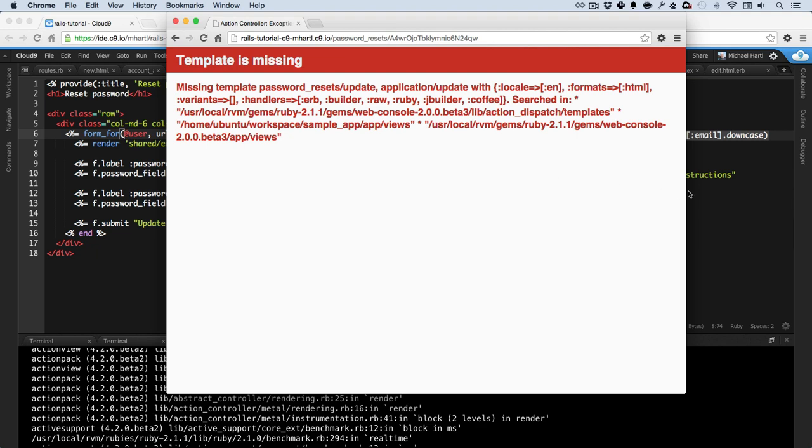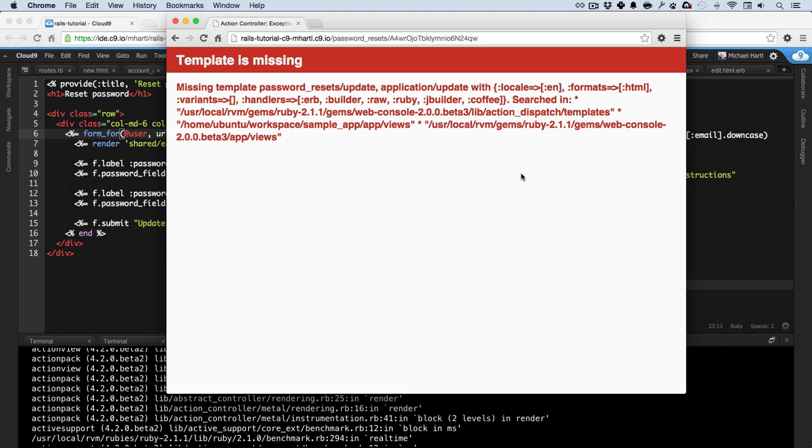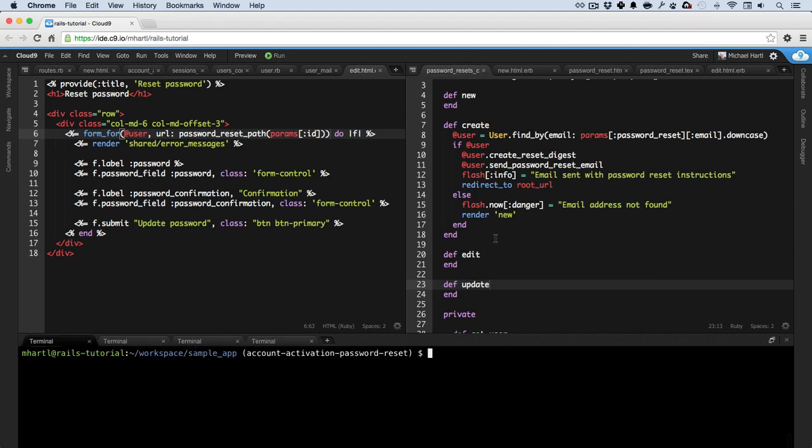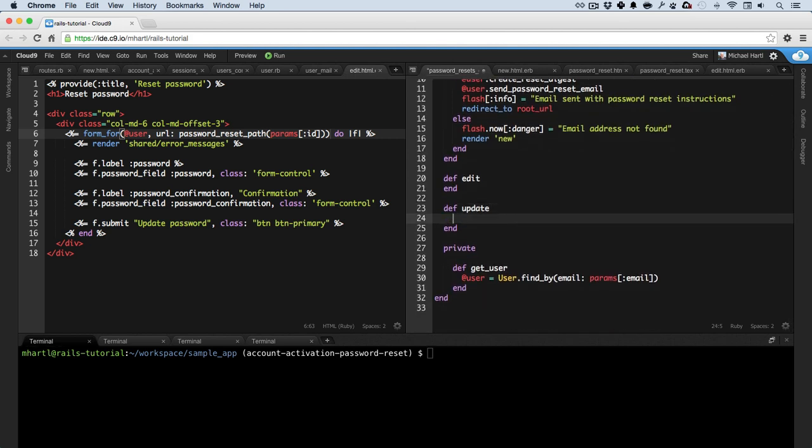Okay, this just got routed to the update action here. Now Rails is trying to render a template, but there is no such template. Let's think about what can go wrong here. Well, let's handle the case of success. Let's say if user,